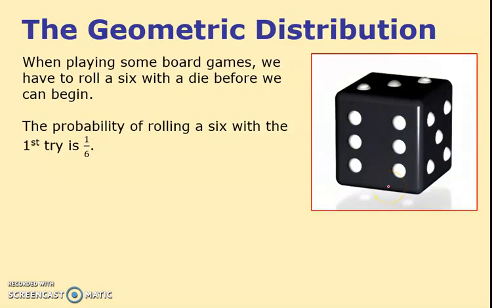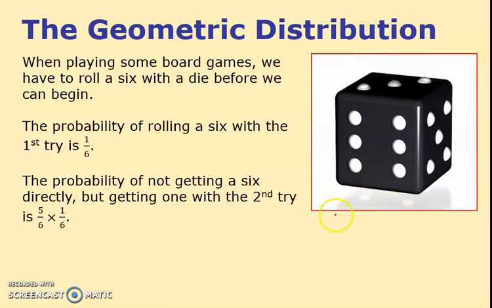The geometric distribution, and what is it? Well, it's to do with the kind of thing that you get in lots of board games, if you're ever playing a game and you have to roll a 6 before you can start. And obviously you've got a 1 in 6 chance of getting it straight away. But if it's anything like me, when I play these games with my family, I'm always the last one to actually get the 6. I end up rolling it lots and lots of times. If you just think about the maths,